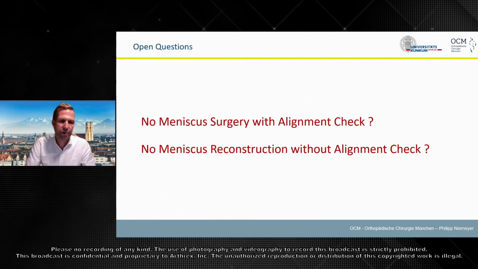Nevertheless, there are open questions concerning alignment and these degenerative tears. There is the question if you should potentially not perform any medial meniscus surgery without having checked the alignment by radiographs. That's definitely something which is really strict. But I personally do no meniscus reconstruction without a previous alignment check. I personally think that varus morphotype is definitely a risk factor for any kind of medial meniscus reconstruction, especially in degenerated meniscus. And therefore, I claim that it's really important to have the alignment check prior to these